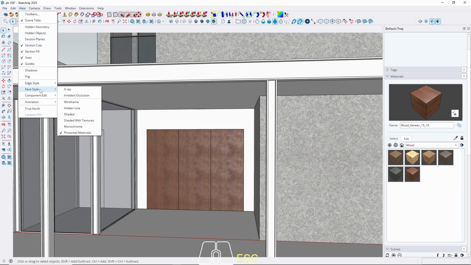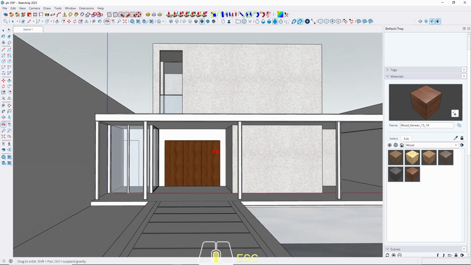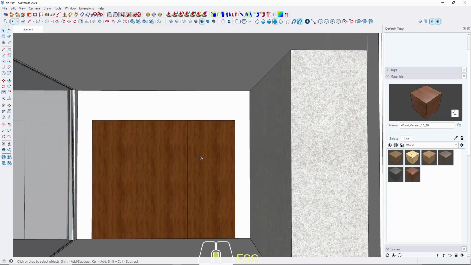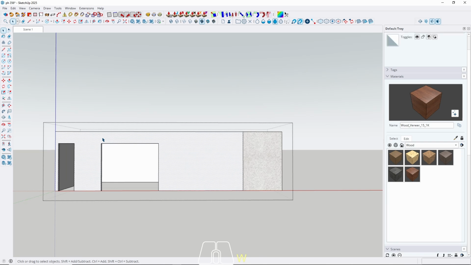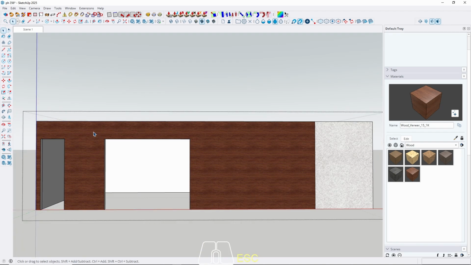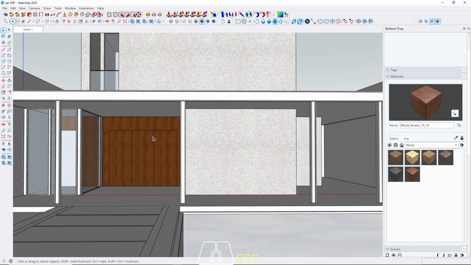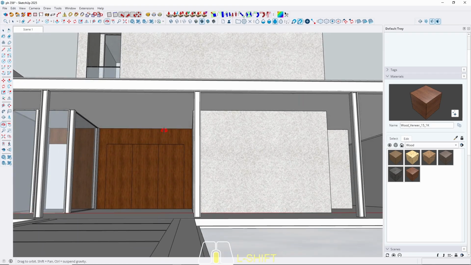Right. Automatically set it with texture. Okay. Yeah, this one looks better, I think. Let's apply it on this face. Change the direction. Okay. And then